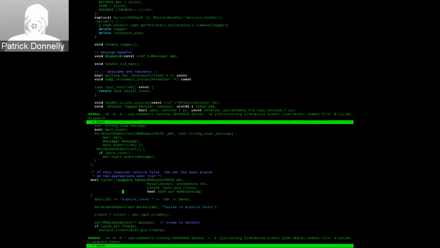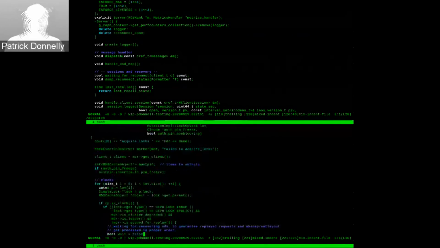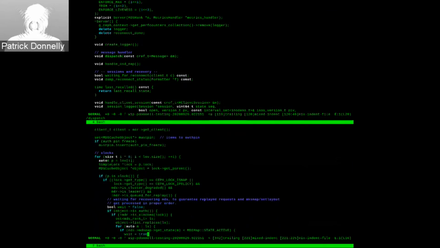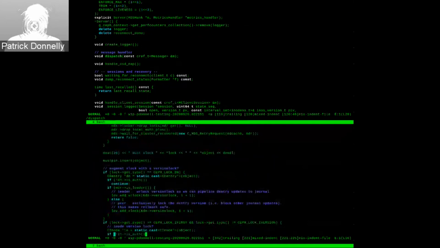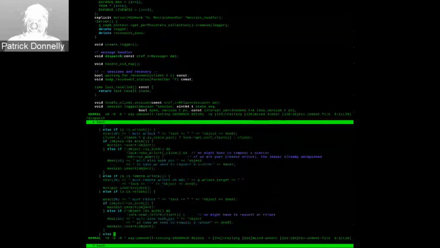So here we're getting our mutation reference for the actual operation, the vector of locks that the mutation requires, and some other metadata concerning the auth pins. Here, the locker is an incredibly complex bit of code because we're handling distributed locks across MDSs and clients. But for those who are interested, and we're not going to go through this really in depth,